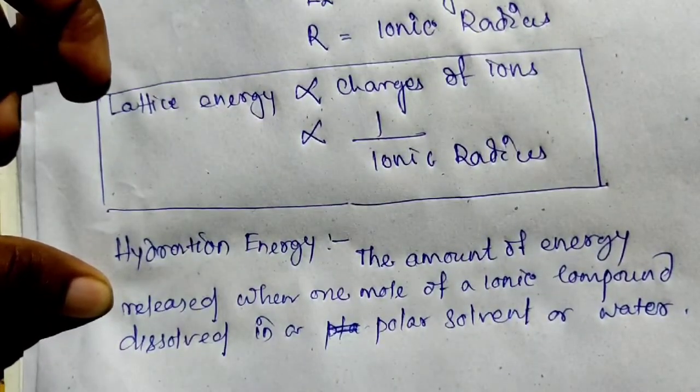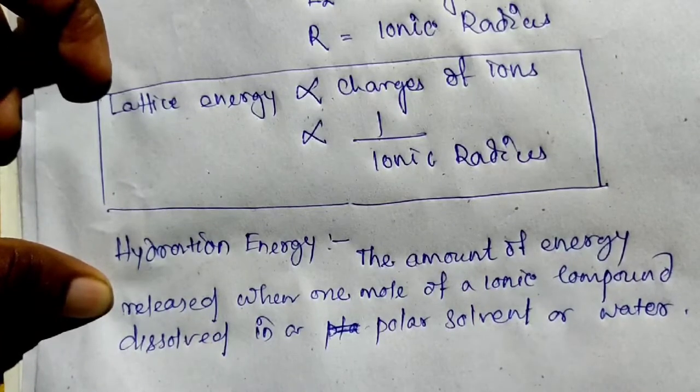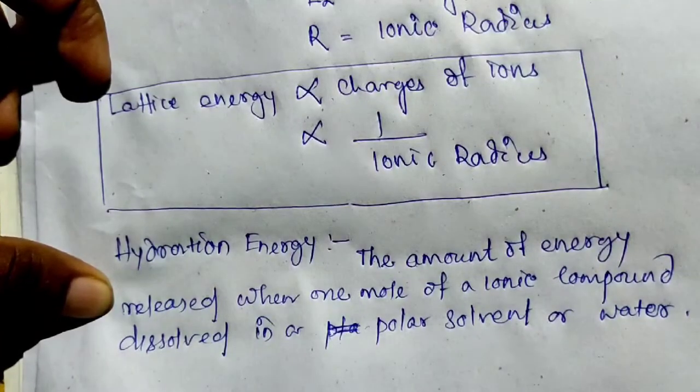Means when an ionic compound is dissolved in a polar solvent, it releases energy. This released energy is called hydration energy. Okay,